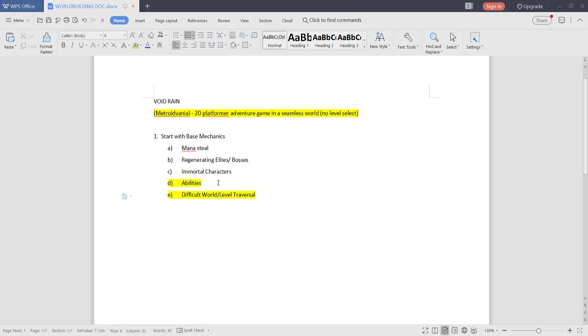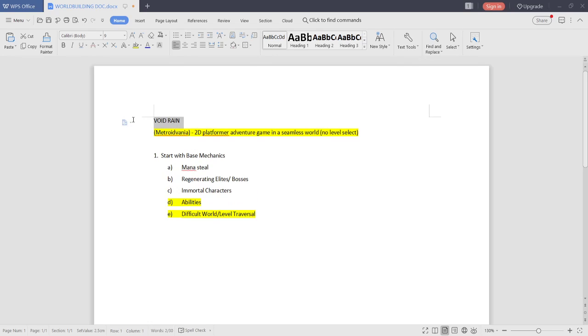And this is just my placeholder name for the game right now. I've gone through like 10 or 20 different placeholder names, and this is just what I happen to have stayed on for the longest time.